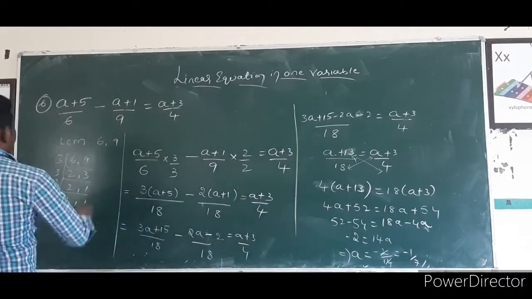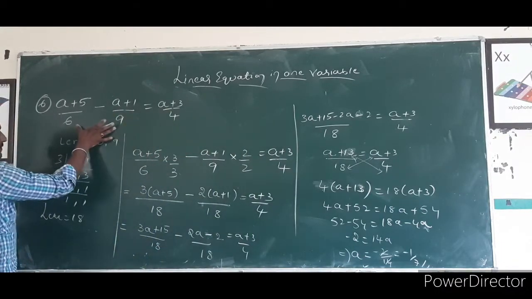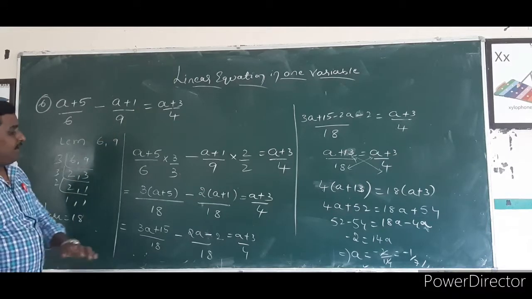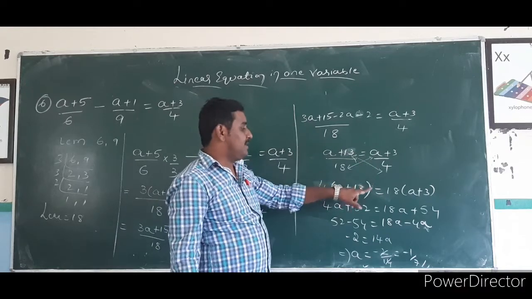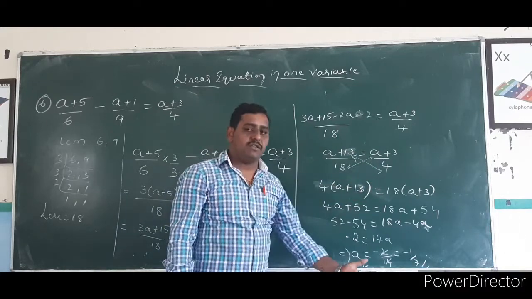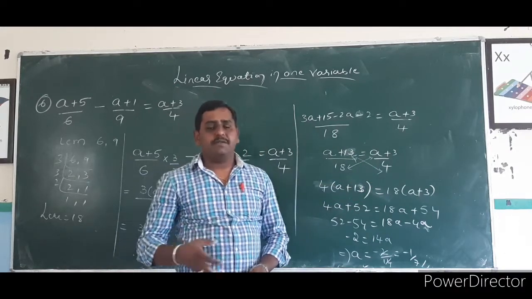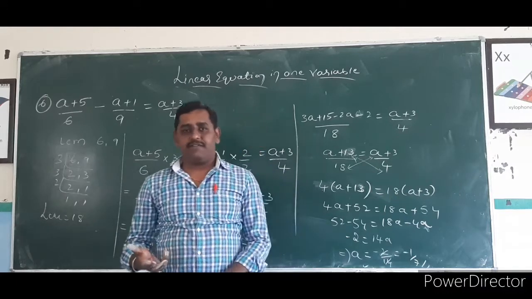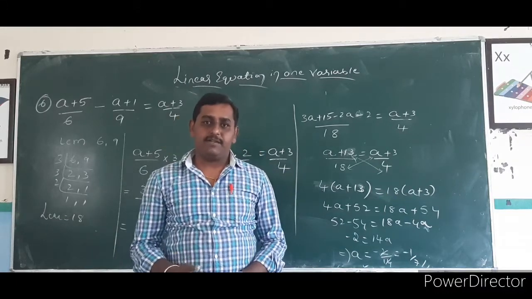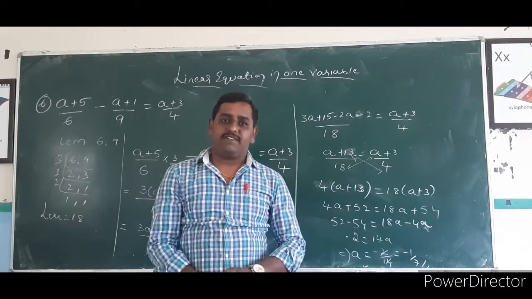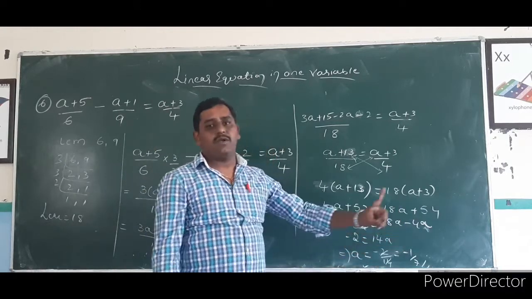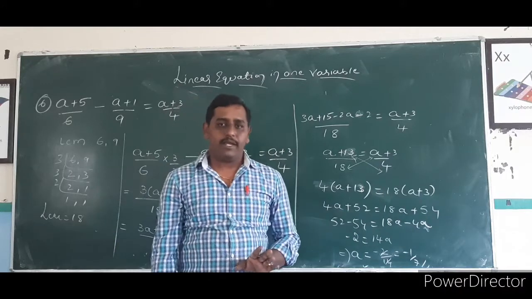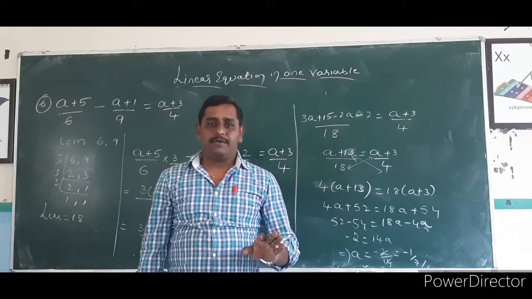If the equations are given in this form, first you have to take the LCM and simplify, then you will get one equation, then you can cross multiply. You know the steps and solve the problem. Many types of simple linear equations in one variable are given. Most probably, in all the linear equations you solve, you will get only one solution.